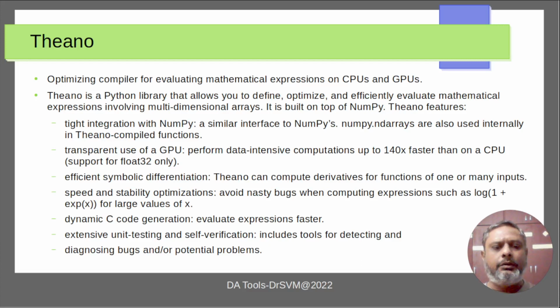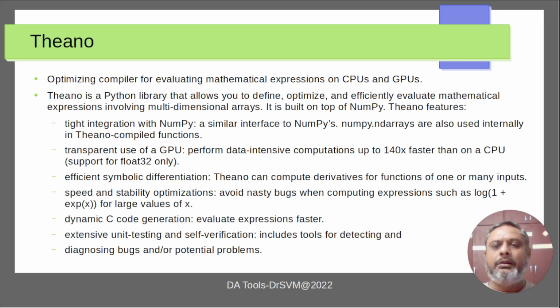The next tool is Theano. It's an optimizing compiler for evaluating mathematical expressions on CPUs and GPUs. It's a Python library that allows one to define, optimize, and efficiently evaluate mathematical expressions involving multi-dimensional arrays. It is built on top of Numpy. The features are tight integration with Numpy, very similar interface to Numpy's,